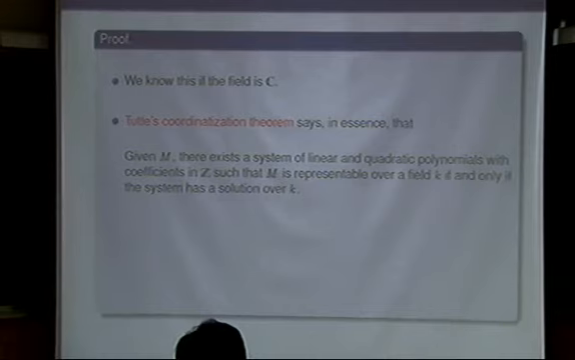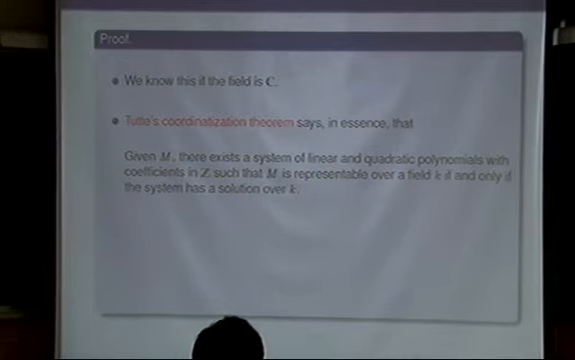Well, there is a famous theorem, the famous Tarski-type theorem, which says that this representability of a matroid is, in essence, a first-order logic property. Given a matroid M, there is a system of linear and quadratic polynomials with coefficients in Z, such that M is representable over a field exactly when such a system has a solution over a field K. So what this implies in our setting is that